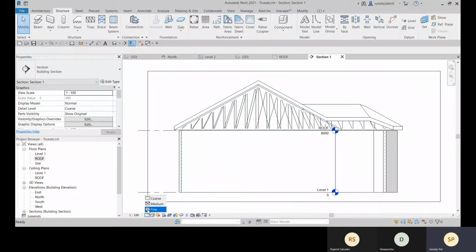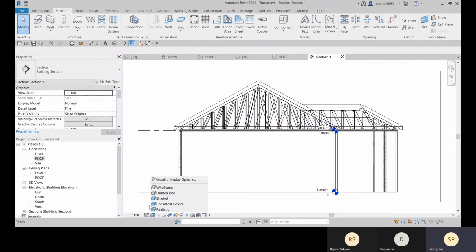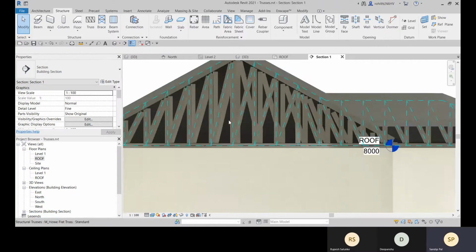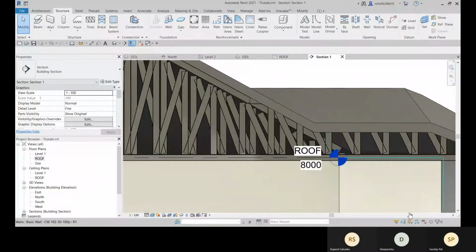So make sure you have the fine detail level, and you can check it in visual style, hidden line or wireframe. So you can choose the visual style. No matter what visual style you want, make sure you have the detail level fine is on. Okay. All right. So now you can see that these are the